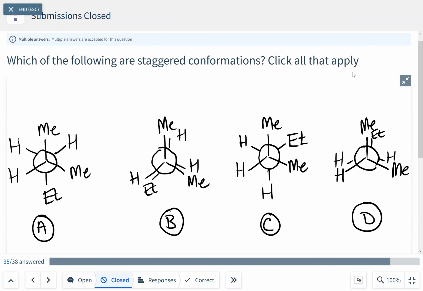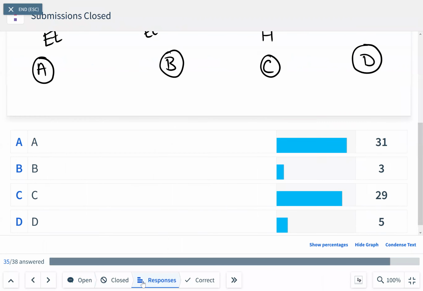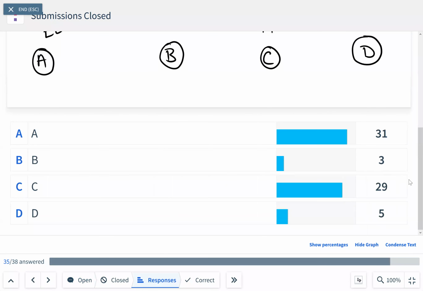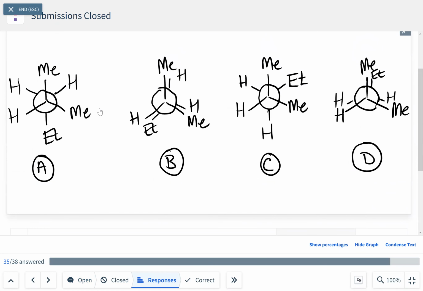Alrighty, let's see how everybody did here. Responses. A and C are the majority, right? So anytime there is a